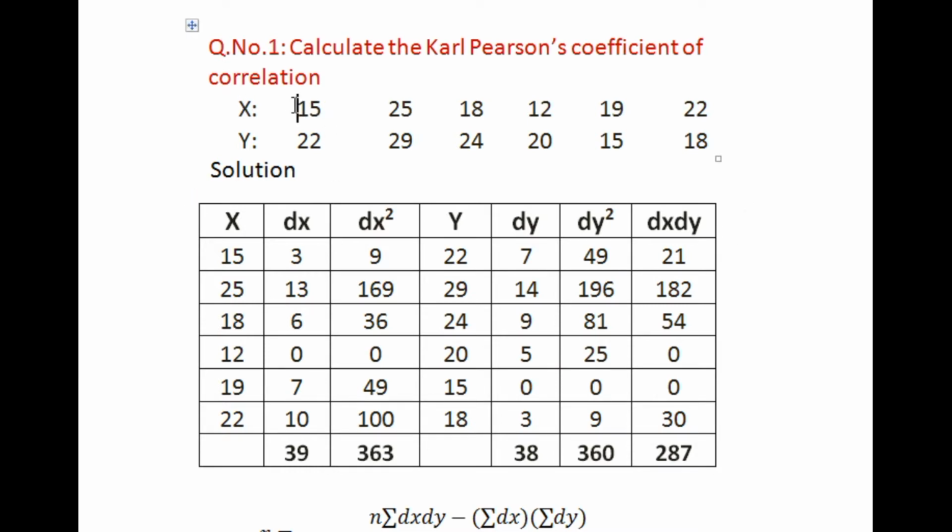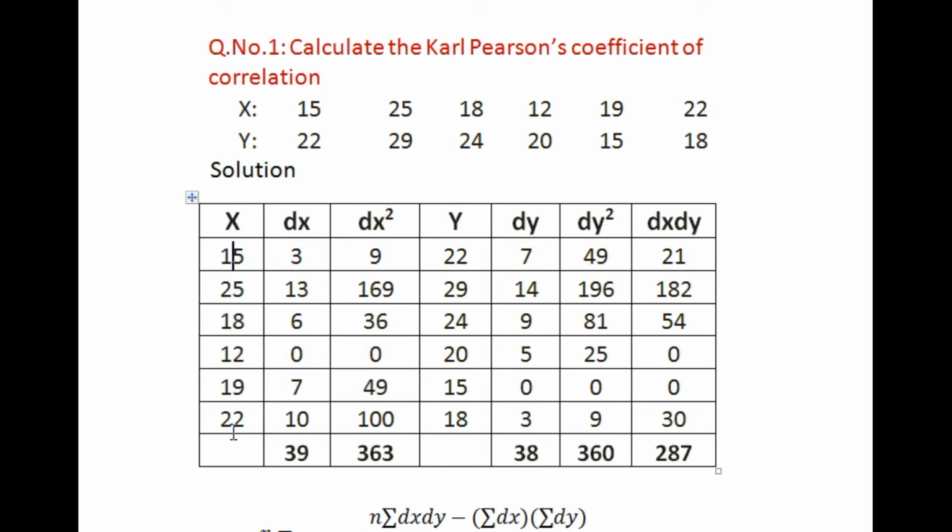Now, take the x numbers here and the entire y numbers here. Always take the first number as x and the second number as y. This is the data for x, this is the data for y, and this is the combination of x and y. So let's move on one by one. The x numbers are written here as given in the question.